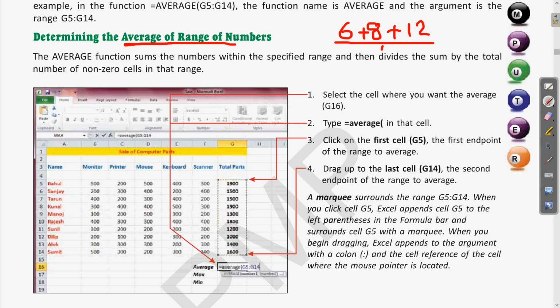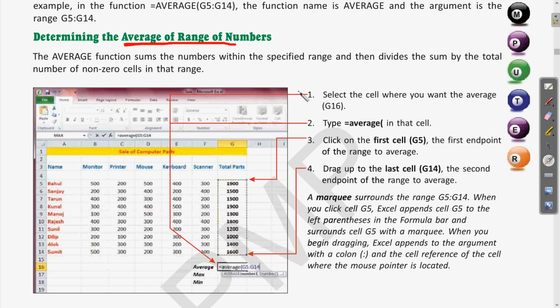These are three numbers, so we divide the sum of these numbers by how many numbers we are taking, that is the total number. Clear? So this way we find the average. I hope you already know. In maths also we do this. So rather than writing this much data, we will only use the direct function, and it will give you the result of the average.